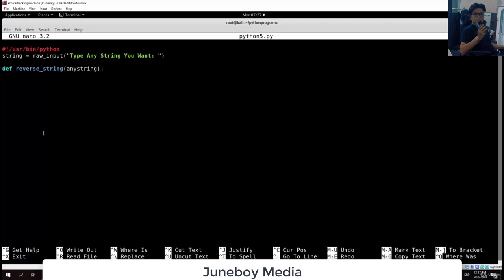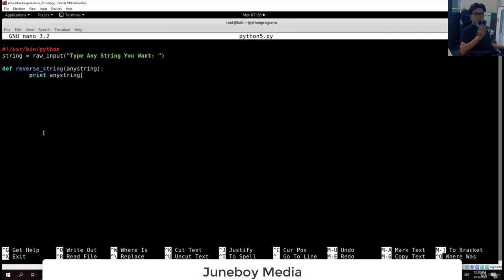As in the previous video, we can name it anything you want right here, but make sure that this any string you use in the rest of your function code. So we tab right now in order to perform the next code for our function, and the only thing we want to do is use this simple Python print statement. So print any string,